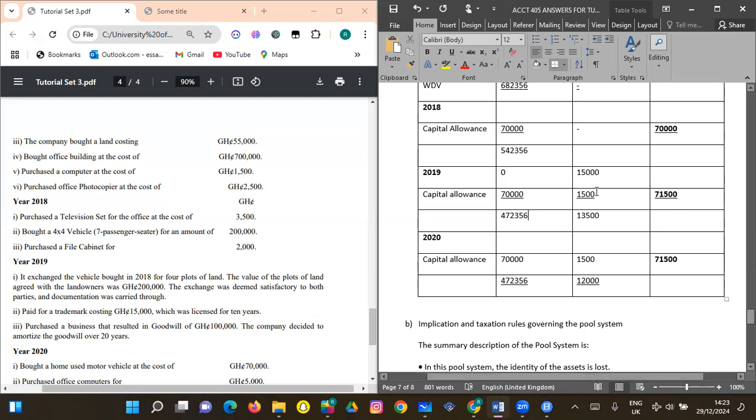Right. Then now we purchase a patent or a trademark for 15,000 for 10 years. So this is it here. And then the trademark will be based on the estimated useful life, which is 10 years. So this divided by 10 is going to give us this. So 15,000 divided by 10 is going to give us 1,500. So our capital allowance for this year is this. So the year 2020,